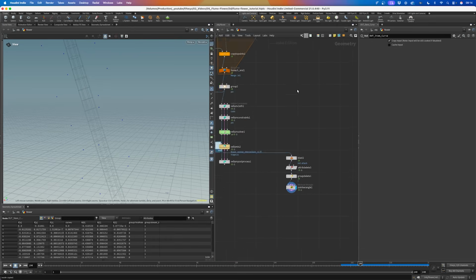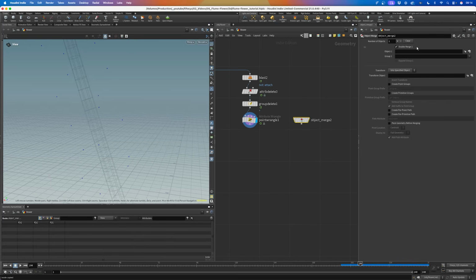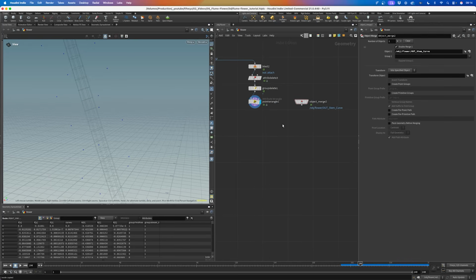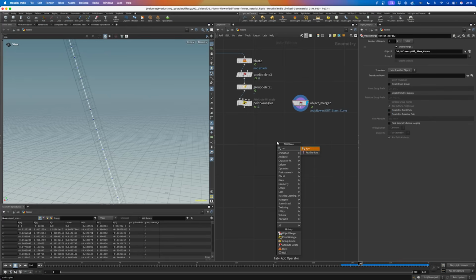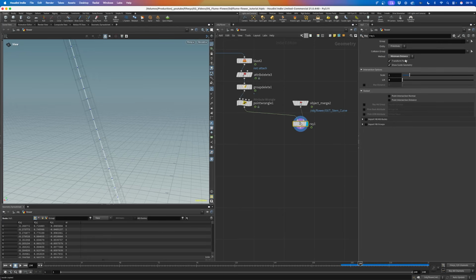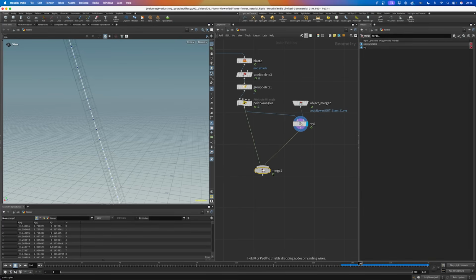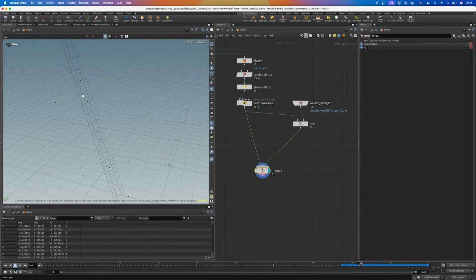once I get this stem's curve and I object merge it down here. And what I want to do is I want to array those points back to our stem. So let's use an array sop. These points go onto this, and I want to say minimum distance, and now they snap into place again. I will merge those points with my original points, so now I have a matching point ID between the two,